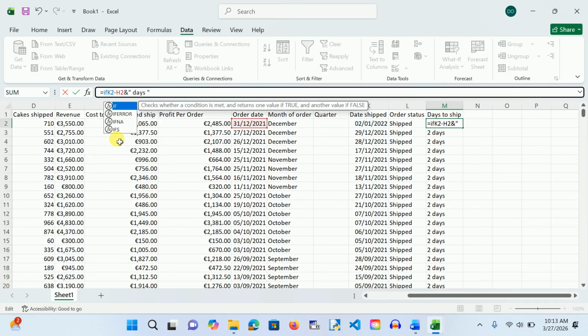If, that is, if what? We need to see what is blank. If order status is open, where is the order status? If this one equals to open, open is written in small letters. If it is open in quotes, because it's text, for it to recognize a text it must be in quotes, open, if it is open,